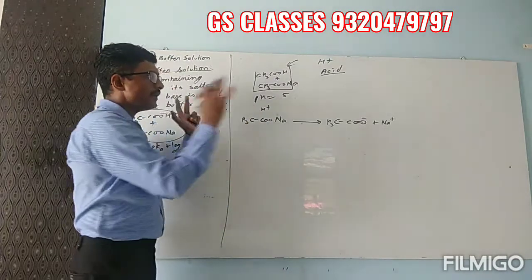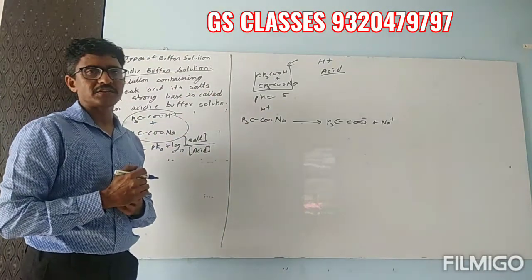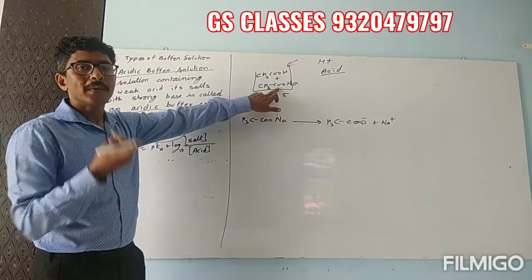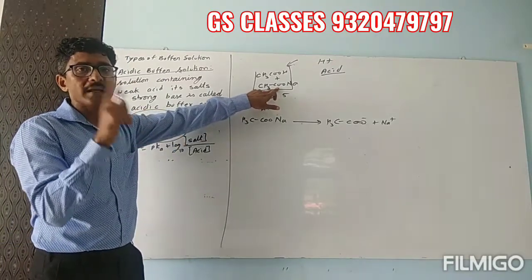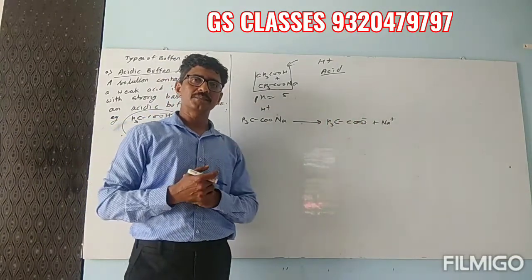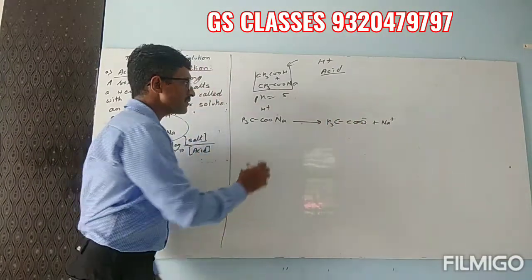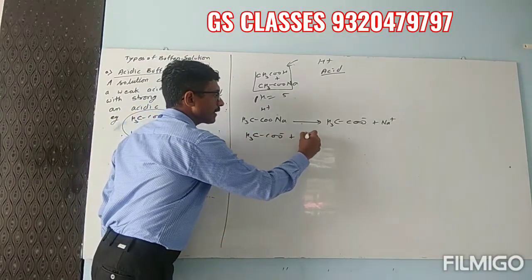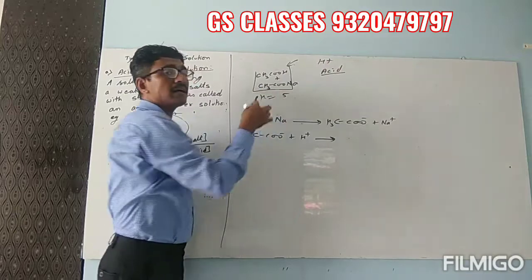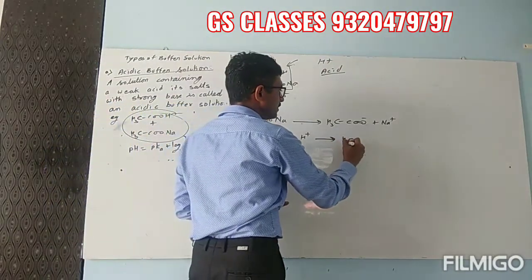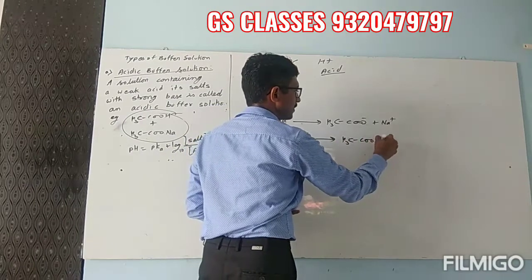In the water, it will split into ions. Though we are writing this formula, inside the solution what we have is acetate ion and sodium ion. Now what happens? This acetate ion will combine with the incoming hydrogen ion